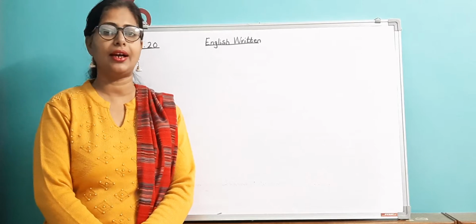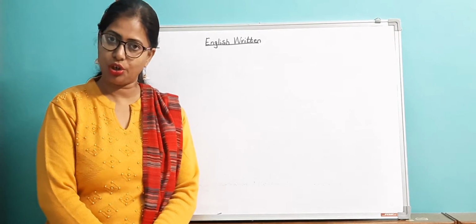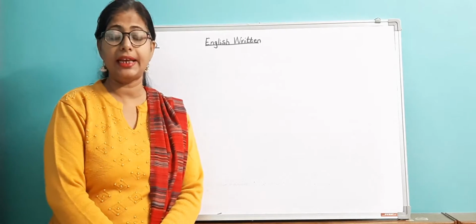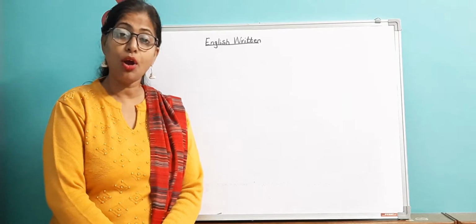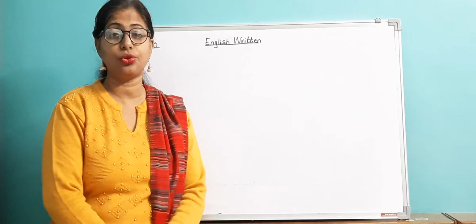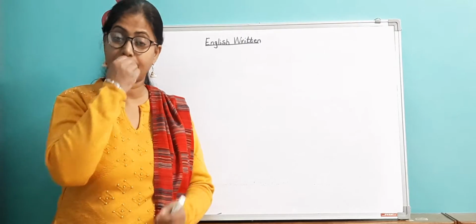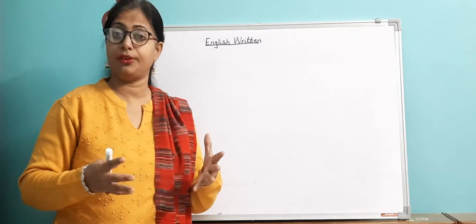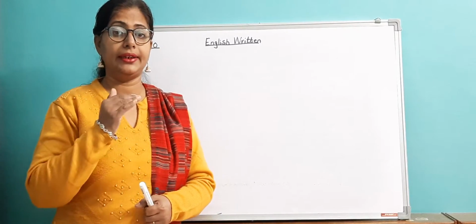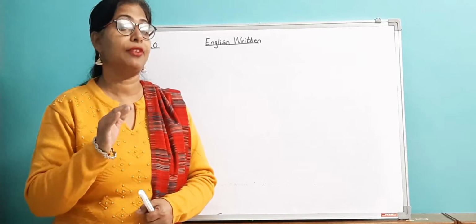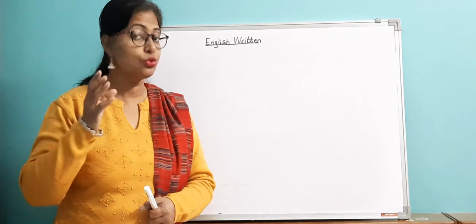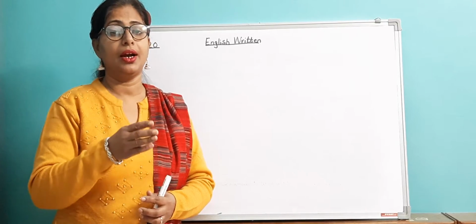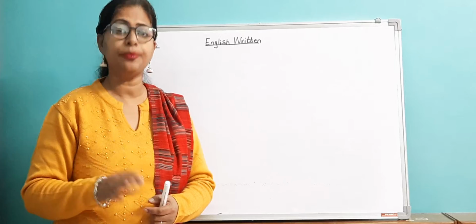So, this is your English class, and in English, I have already taught you capital letters from A to Z and how to write capital letters within the lines. Now I am teaching you small alphabets, and small alphabets also orally I have taught you from A to Z. I hope you must be recognizing which alphabets these are. We have also done how to write them within the lines in the copy, and I have taught you from A to L.